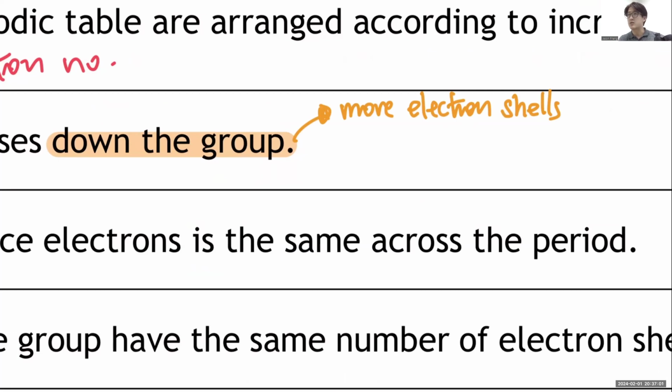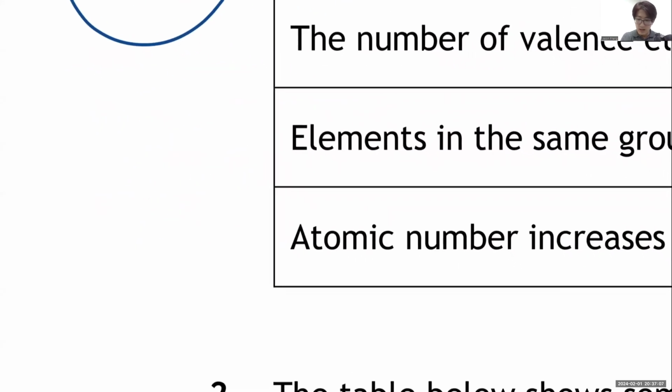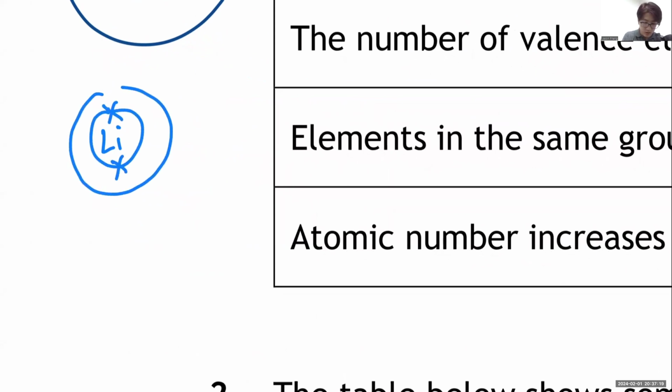Because they got more electrons, so you need more layers to fit the electrons. The easiest example is lithium. Lithium has 3 electrons. So innermost 1, 2, 3. The next step is